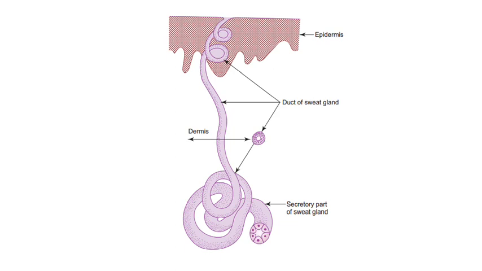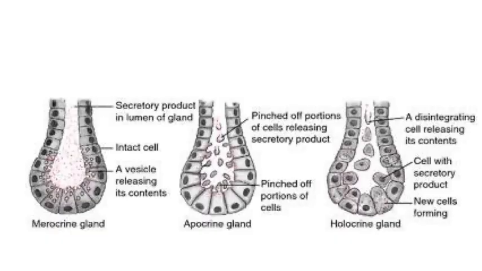Now, these sweat glands are of two types. They are present in human beings and they are of two types, merocrine and apocrine, depending upon the secretion. So, let us see what the secretion is. Merocrine gland means a vesicle is released from the upper part of the gland, that is the secretion, and the secretion is carried through the duct. Apocrine gland means the apical part pinches off and disintegrates as it is secreting, whereas a holocrine gland means the whole cell disintegrates and is released as the content. Okay, so merocrine, apocrine and holocrine.